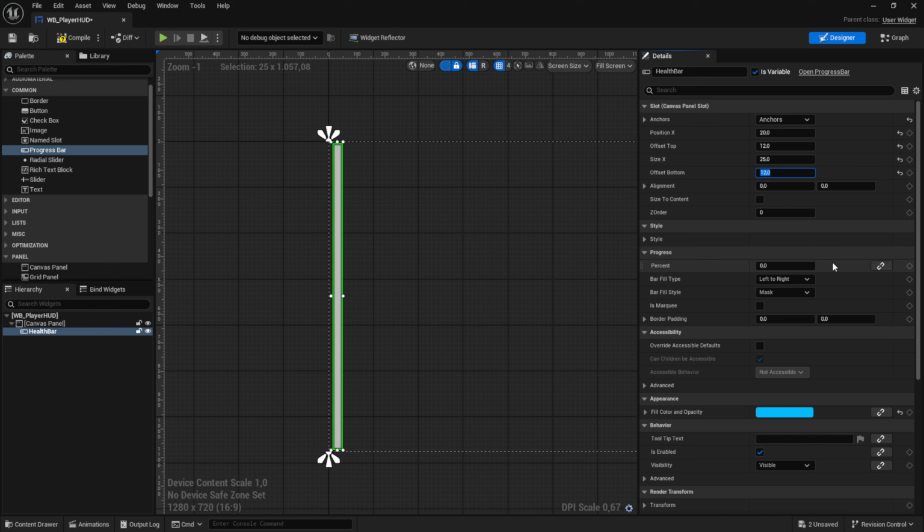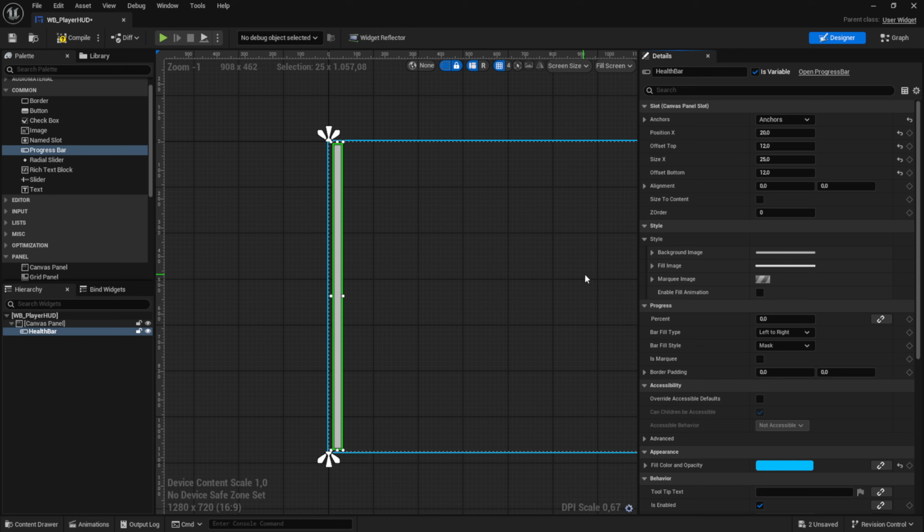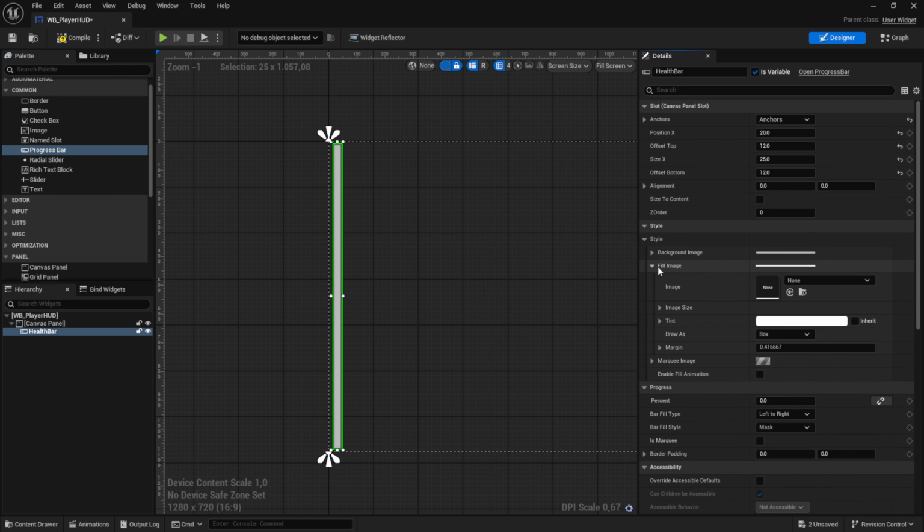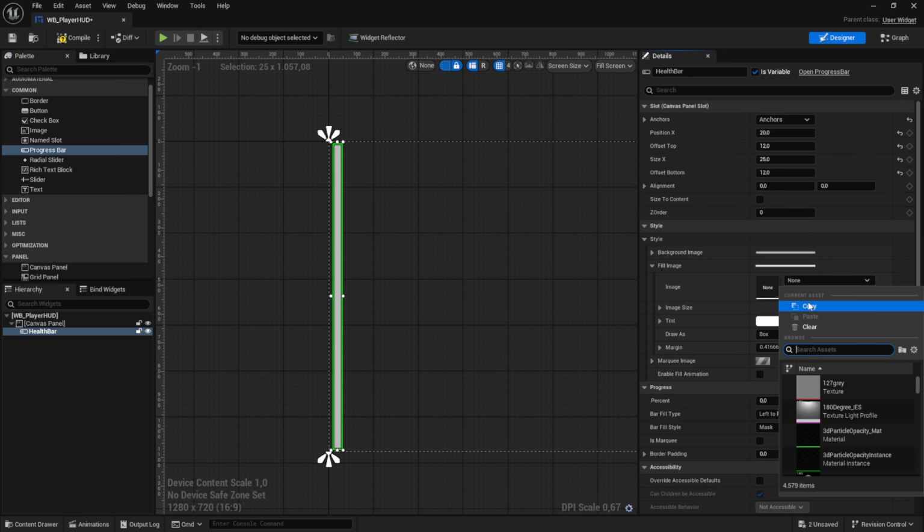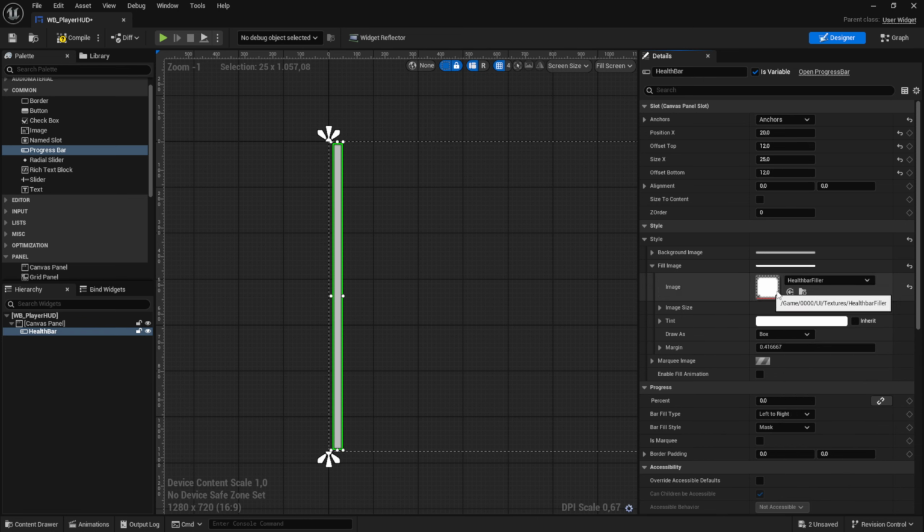Then if you downloaded the assets from my Discord at the beginning of the series, we should have a filler image inside of there. So we want to go to our style, and then we're going to go to the fill image, and we're going to set that to our health bar filler. So expand it and look for a health bar filler, and that's simply a little square image. It's nothing special, to be honest, but it just looks a little bit better than just a solid color, in my opinion. So we're going to set that, and then we're going to say over here, draw as image,